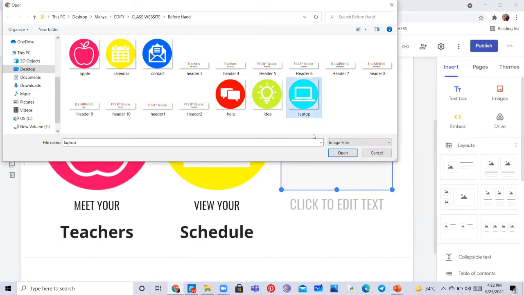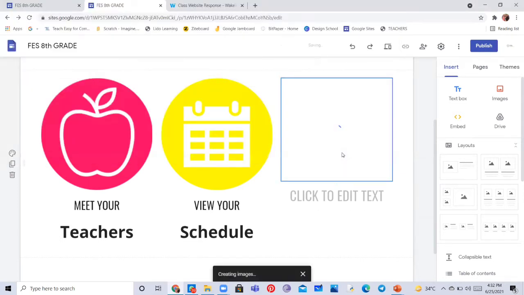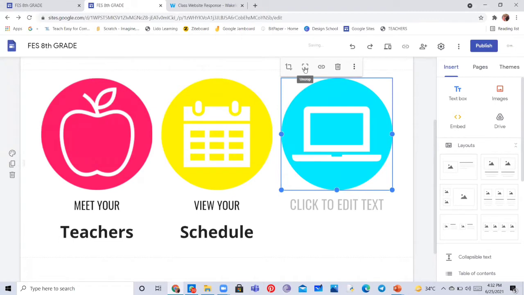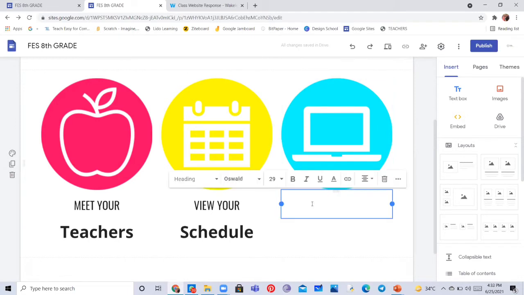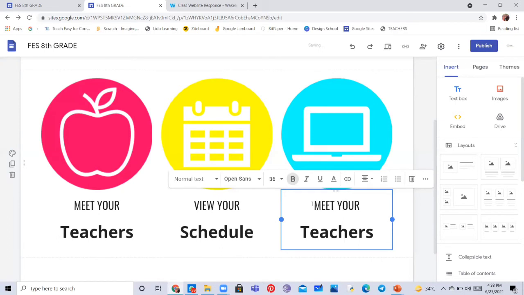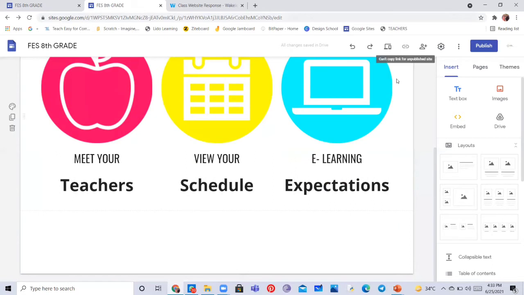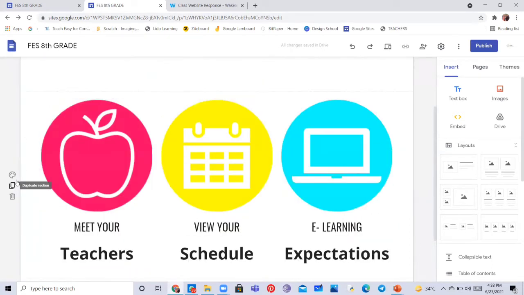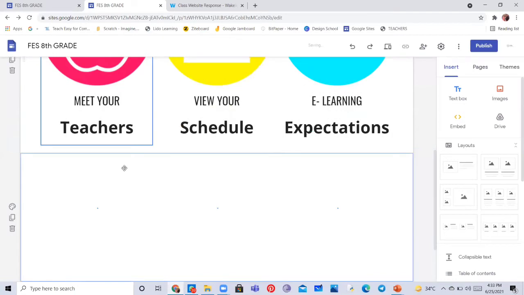So next is this laptop screen. So it's going to be e-learning expectations. Control plus B and e-learning. Then we are going to duplicate this section and create our next.